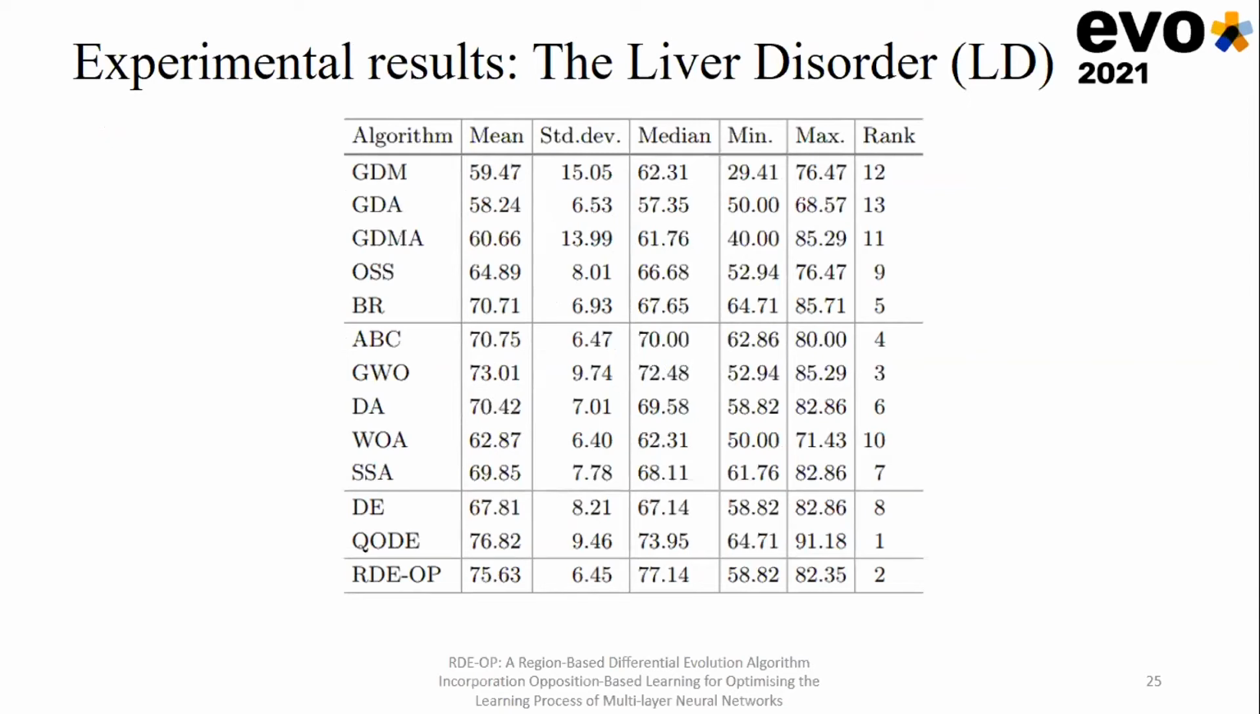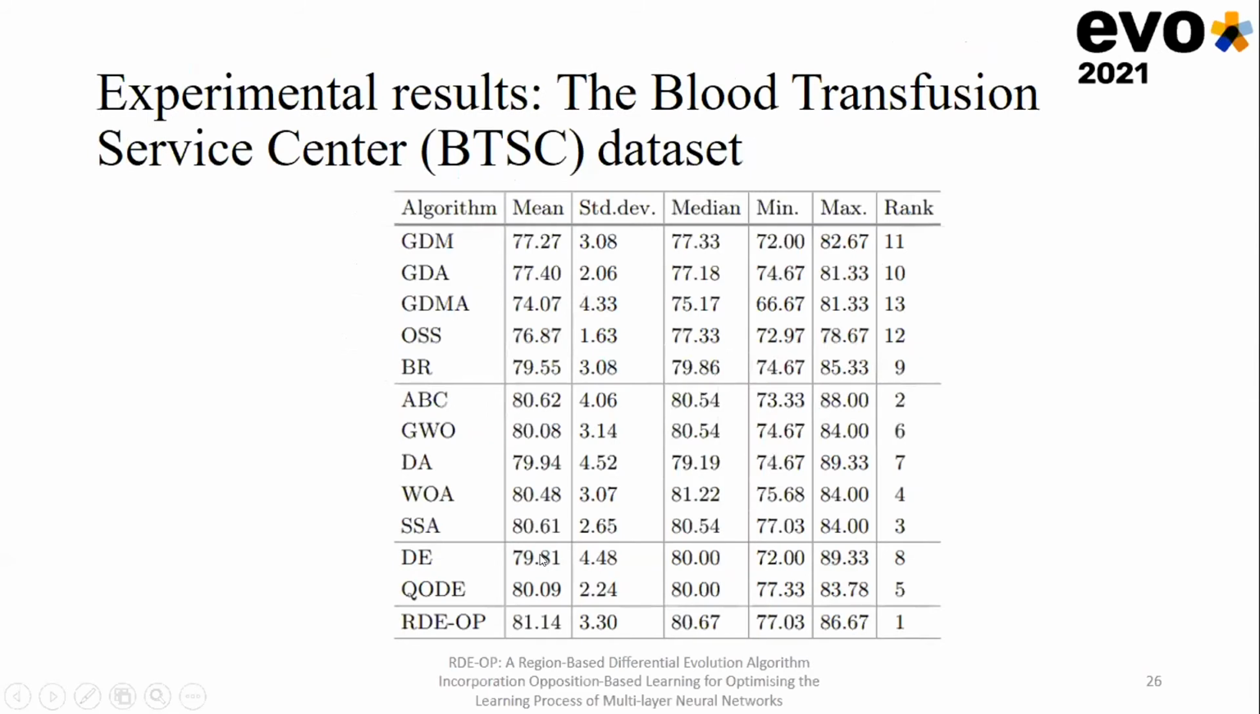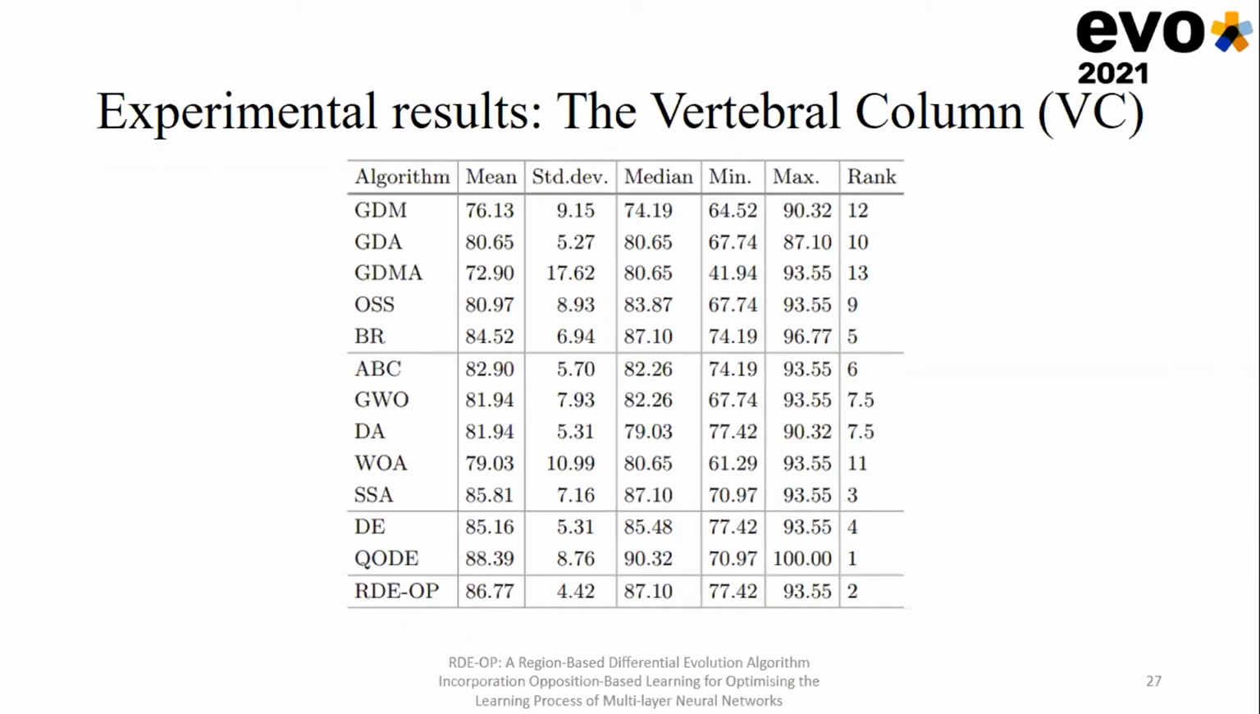The next data set was LE, and our proposed algorithm couldn't obtain the first rank; RDE-OP obtained the second rank. But you can see that here the standard deviation of the proposed algorithm is much lower compared to QODE. The next one is the BTS dataset, and again you can see that our proposed algorithm could yield the first rank. And the final data set was the VC data set, and our proposed algorithm again obtained the second rank, while the standard deviation of our proposed algorithm is much lower than